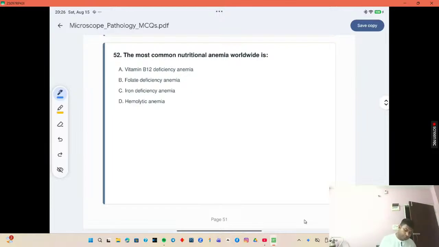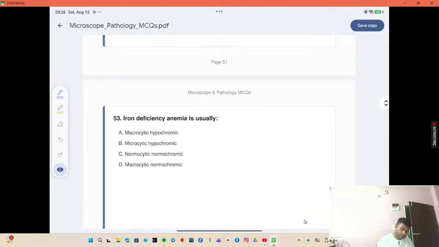So, the answer of this question will be iron deficiency anemia. Okay, so anemia is caused when there is an element named iron. When it is low in our body, then anemia is caused, and you have to remember it. Okay, so now the next question is given as